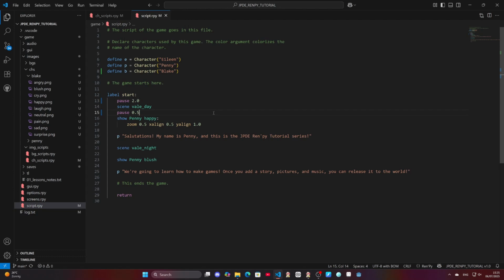If I wanted to pause for a quarter of a second, I'd write pause 0.25. If I wanted to pause for almost a second, but not quite, I'd write pause 0.9. If I wanted to pause for roughly a third of a second, I'd write